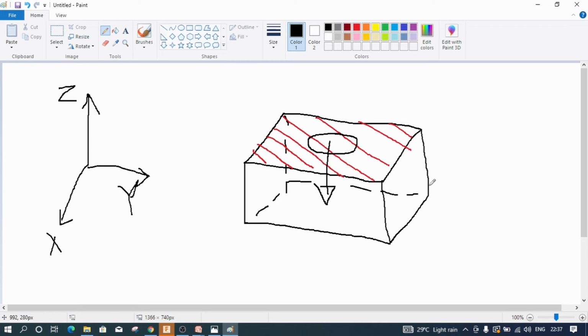And if you want a hole in this particular direction, you should have a certain imagination that you should draw the circle on this particular face. So now if I draw a circle on this face and extrude it in this direction, then I will be able to develop a hole.